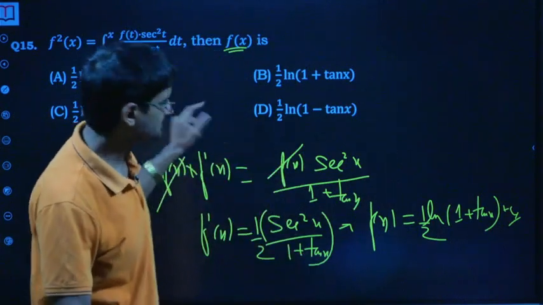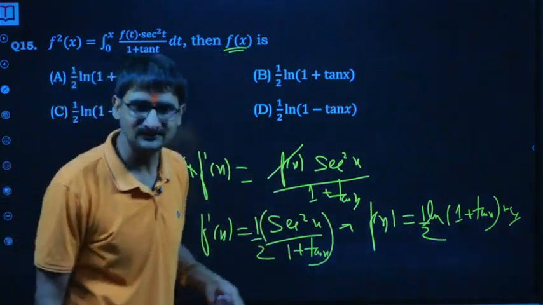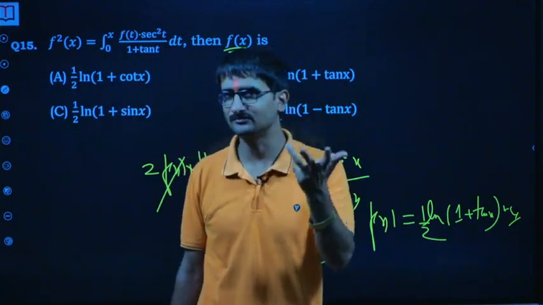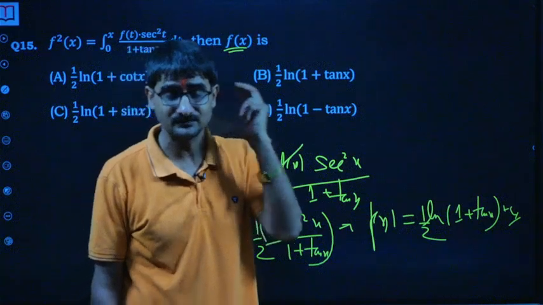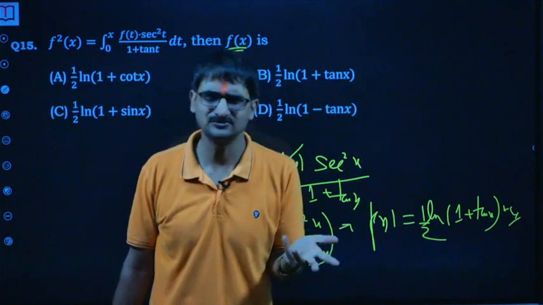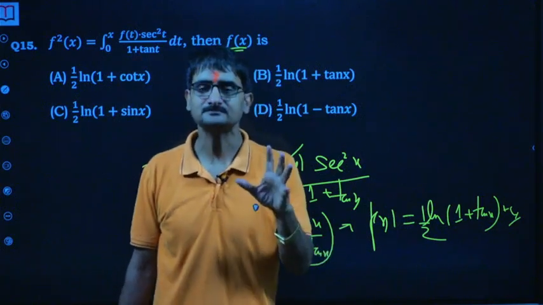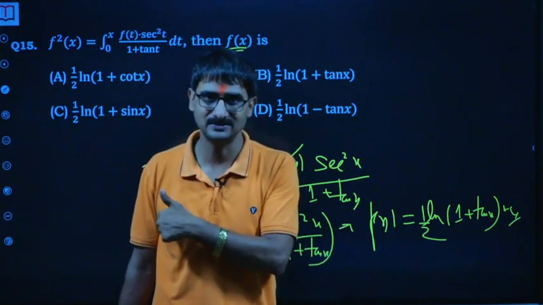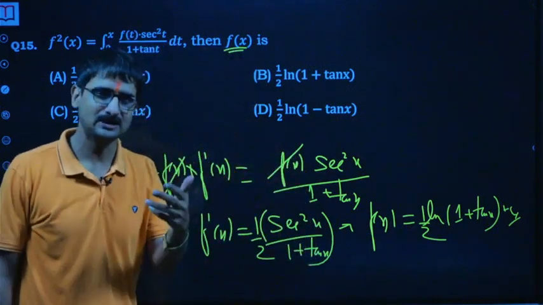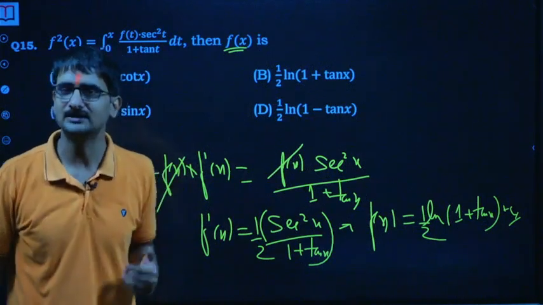In this sheet I still remember that one question I left out, and one question we didn't get the answer, because I was of the opinion, because I solved it in the class for my students here, I got something like 5 times 1 plus ln2 or 1 minus ln2, something like that. But the distance this time didn't match, so the answer might be none of these. So that one thing we have to verify. I will suggest you all to verify it and let me know in the comment box.